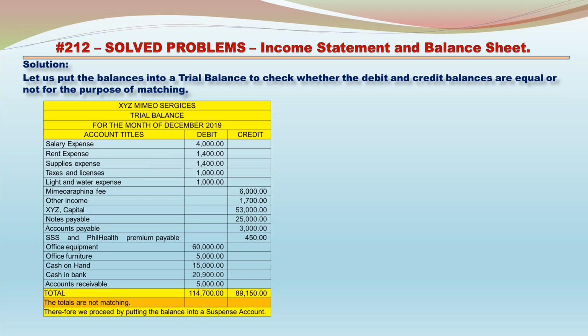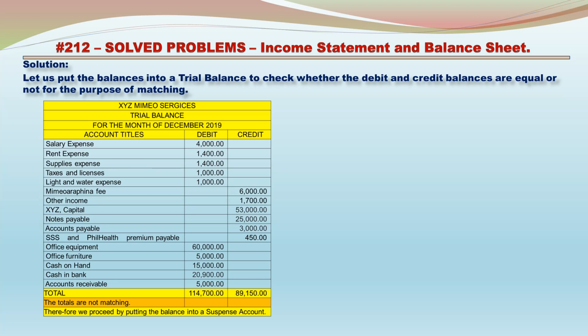debit, light and water expenses 1,000 debit, mimeographing fee 6,000 credit, other income 1,700 credit, XYZ capital 53,000 credit, notes payable 25,000 credit, accounts payable 3,000 credit, SSS and Phil Health premium payable 450 credit, office equipment 60,000 debit, office furniture 5,000 debit, cash on hand 15,000 debit, cash in bank 20,900 debit, accounts receivable 5,000 debit, total debits